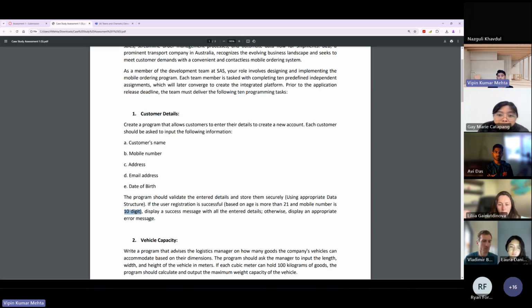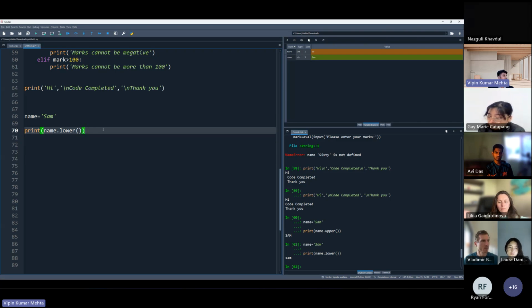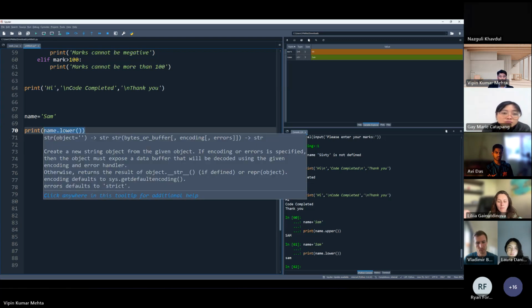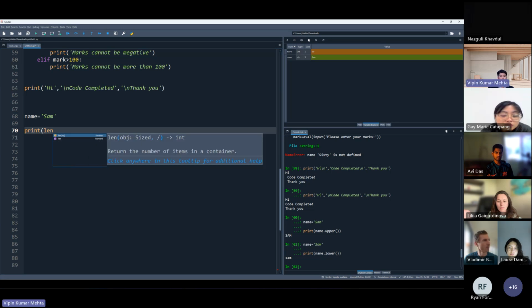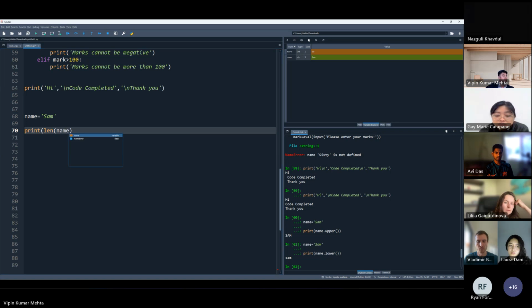Mobile number is 10 digit. So what they do, they always check that the mobile number length is 10 digits. I show you how it works. Let's say print the length of. So length is a function which allows you to check the length of any data structure. Now, when you run it,